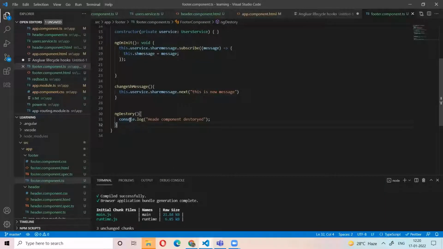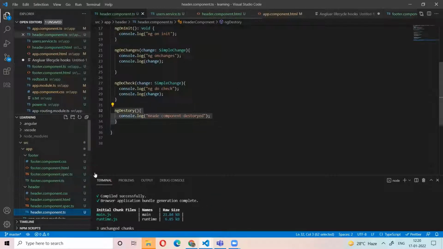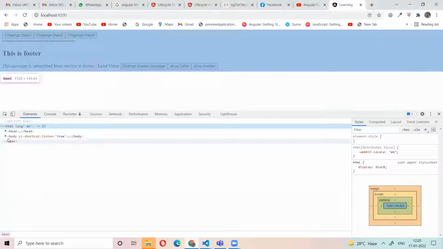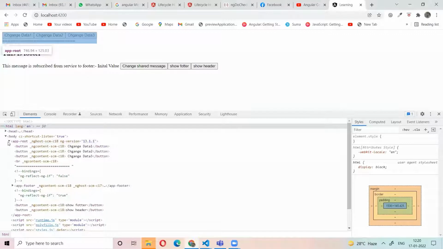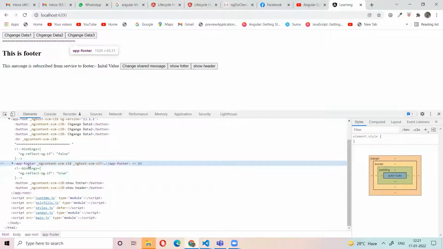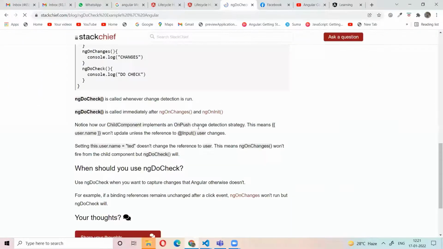I think ngOnDestroy should be called before going to the other component. It must be destroyed, because here I am just showing the footer, so the component will be there, but I'm just going to show the footer. That's why it's going like that. Okay, the action must be called. Let's see what happened.